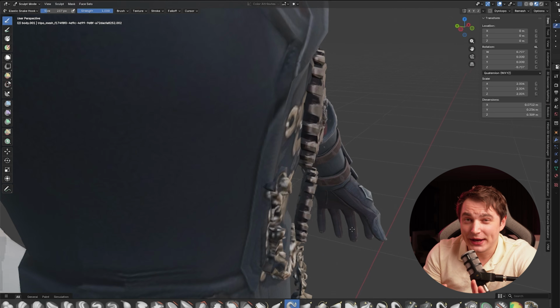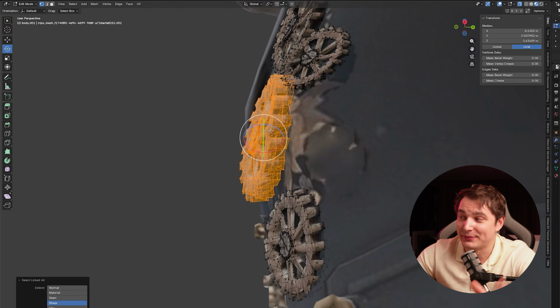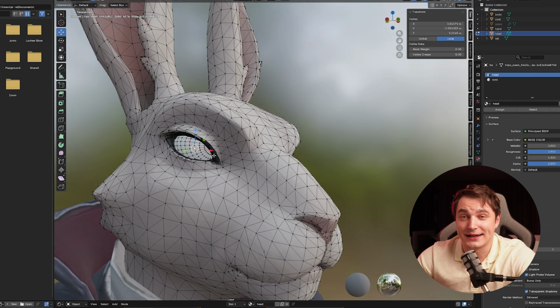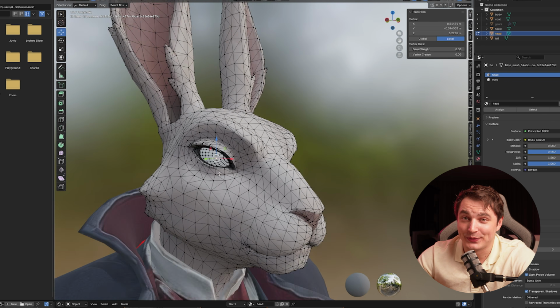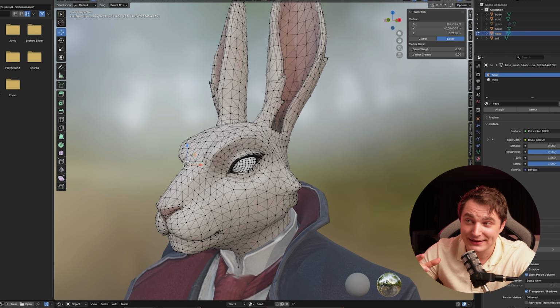It gives you way more control if you separate objects before texturing. You can join them later and bake together. And in the end, I also decided to redo the eyes and replace them with spheres. Again, with Tripo, it's very easy to select the eyes, remove them, put the spheres in, and then texture them